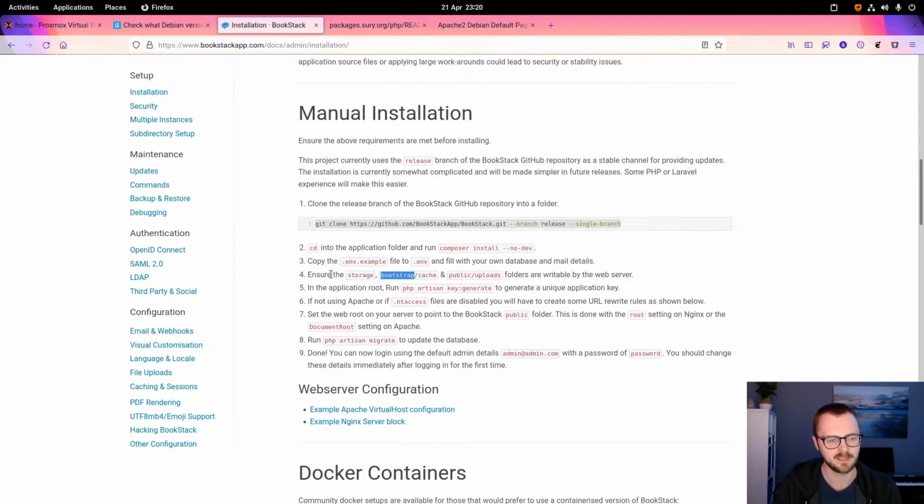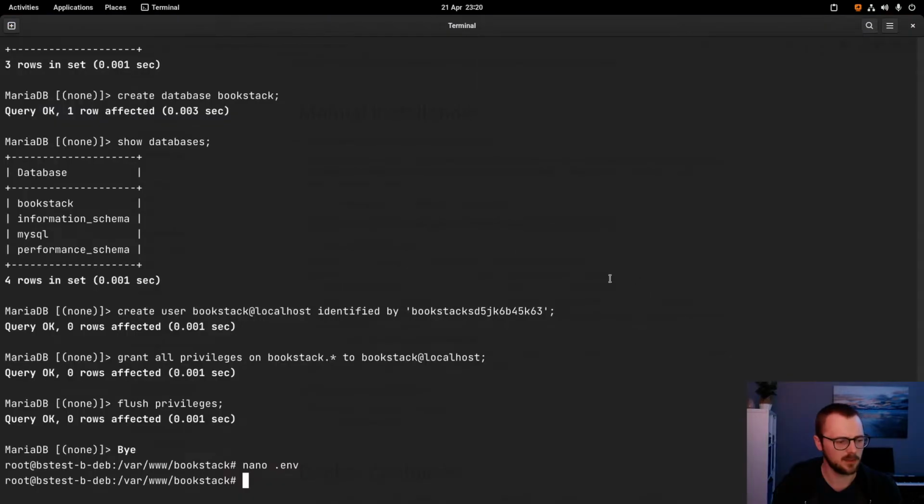It says ensure the storage, bootstrap cache, and public/uploads folders are writable by the web server. So how do we do that? We need to know what user Apache, or your web server and PHP, runs as, because that needs to be the user that can write to the special folders within our BookStack install. I know on Ubuntu this is www-data, but